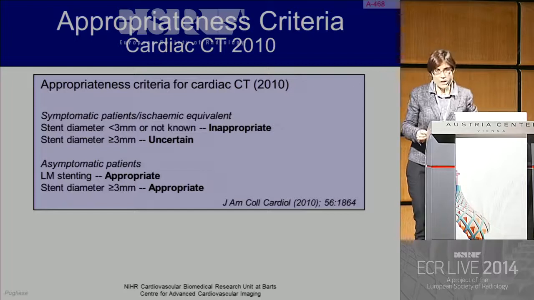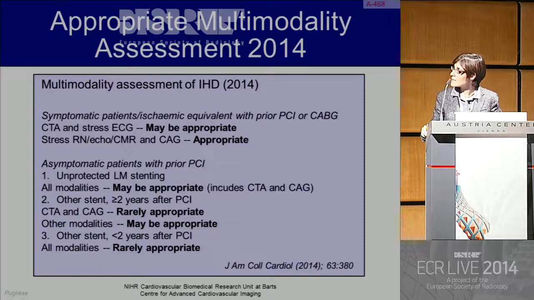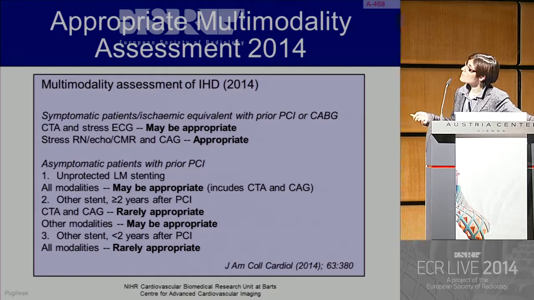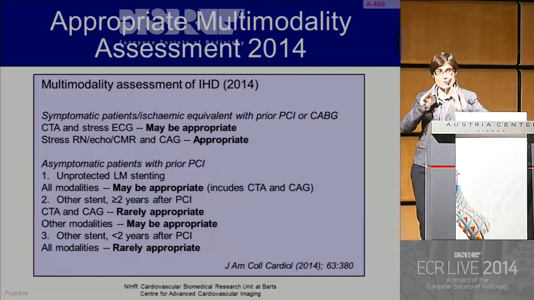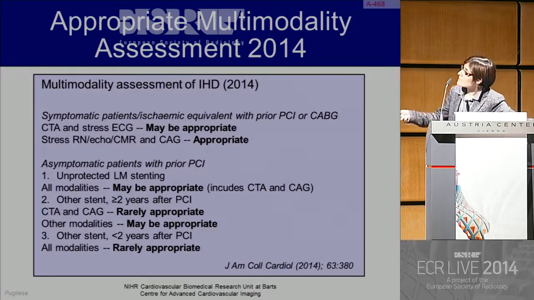I haven't found any consensus documents which are later than 2010 for what concerns specifically cardiac CT, but just earlier this year there is a document on the appropriate multimodality assessment of ischemic heart disease. So this wants to be multimodality, not only cardiac CT. And basically it is thought that, you see, in symptomatic patients or patients with ischemic equivalents, functional modalities such as stress